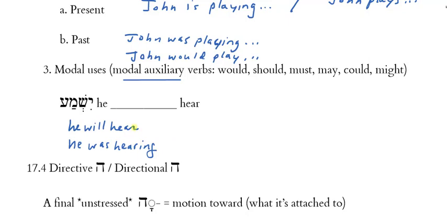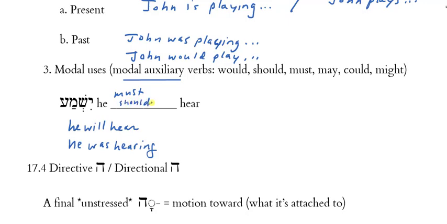But if I wanted to say, hey, John, it's really important that you listen. And then I say Yishma, John, that would mean you maybe must listen. Okay? So in a modal sort of context, then I could translate Yishma as he must hear, or